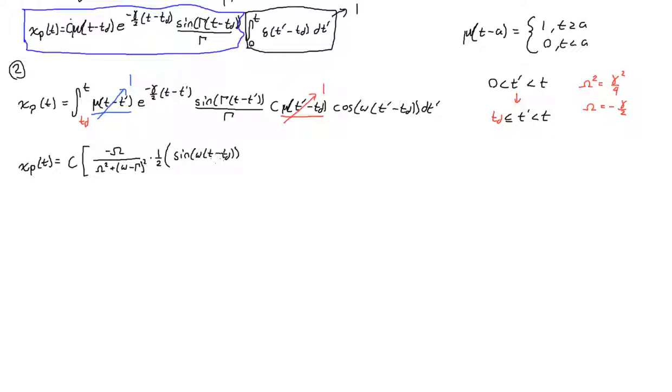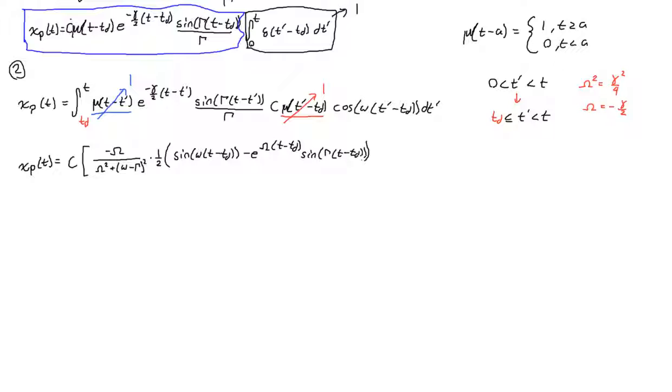Should probably call this tau or something, maybe, because I'm going to be writing it a lot. Oh well, it's fine. t minus t sub d, sine gamma t minus t sub d,